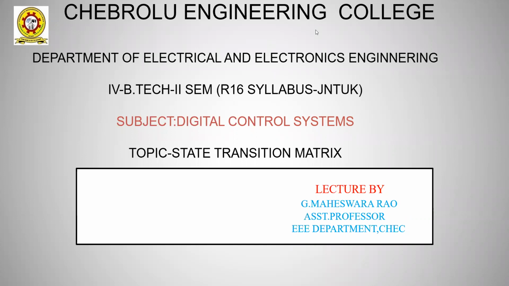First, the A matrix is given. Find the state variables. The state equation is x dot equal to Ax plus Bu, and the output equation is y equal to Cx plus Du. Calculate (sI minus A) whole inverse. The inverse Laplace transform of (sI minus A) whole inverse is the state transition matrix. So find the state transition matrix. Procedure.